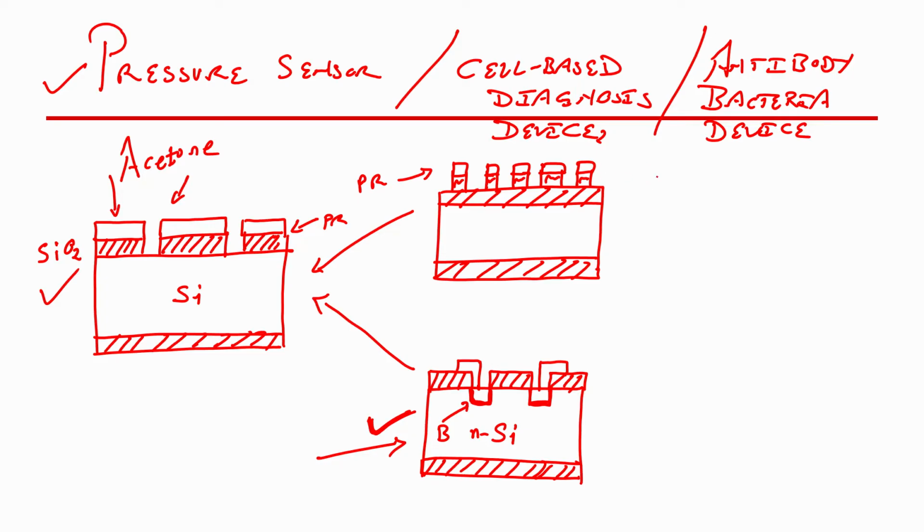Finally, all of you know what is the next step? Next step is dipping the wafer in acetone, right. So, when we dip this wafer in acetone, what will happen? The photoresist will be stripped off. If photoresist gets stripped off, what we will have? We will have piezoresistive material like this, correct.